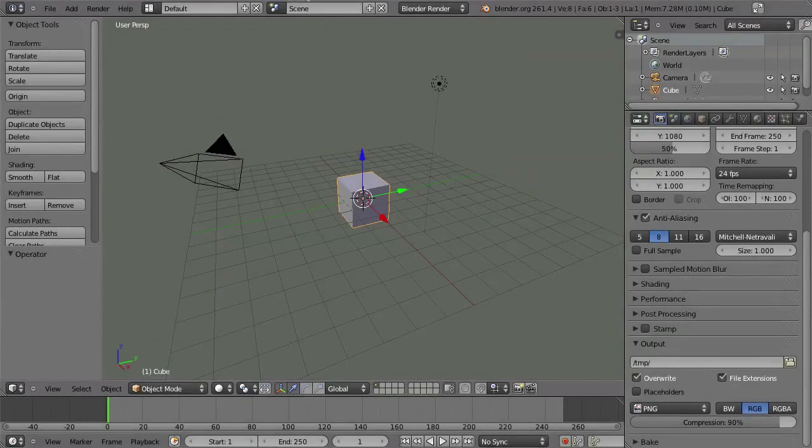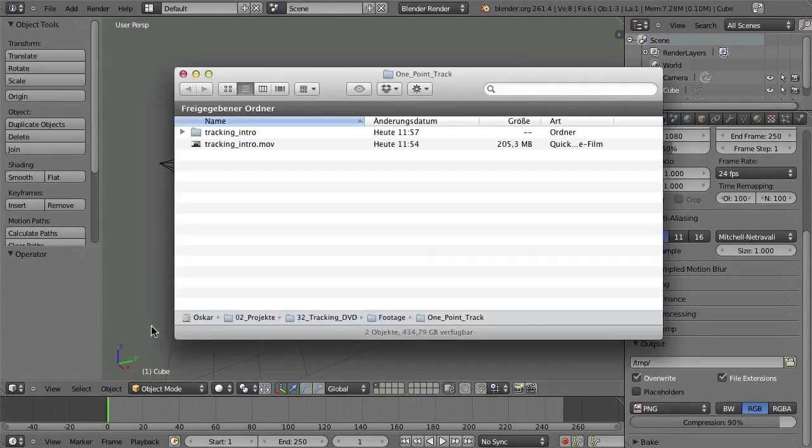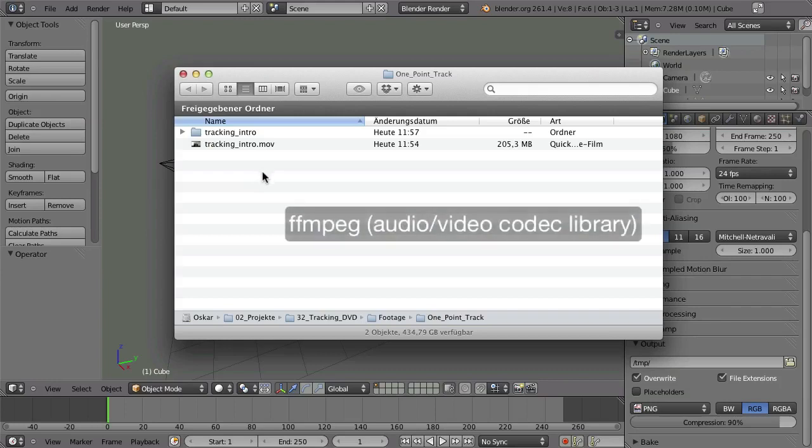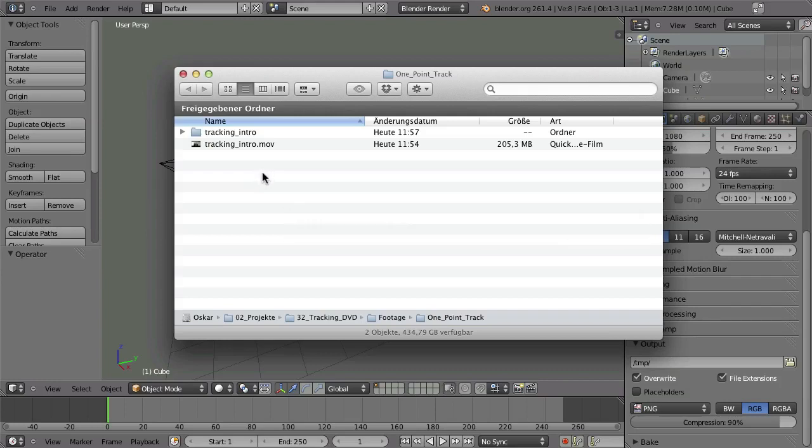So if you want to do some tracking in Blender, of course, first you have to import the footage. So let's first have a look at the files. In this folder here, you can see I have the movie file, which I've recorded with a Canon DSLR, the Canon 550D, and that records to H.264 movie files. So you can import that in Blender, but it can be a little bit problematic depending on which version you use. It also depends on the FFmpeg implementation. Currently it does work for me, so I will import this movie file.